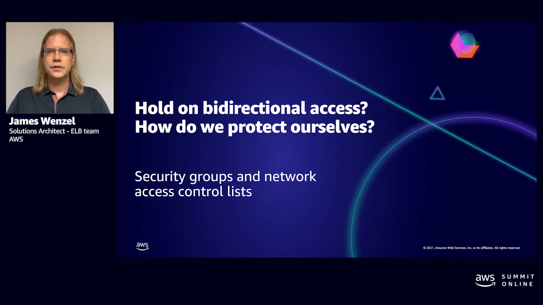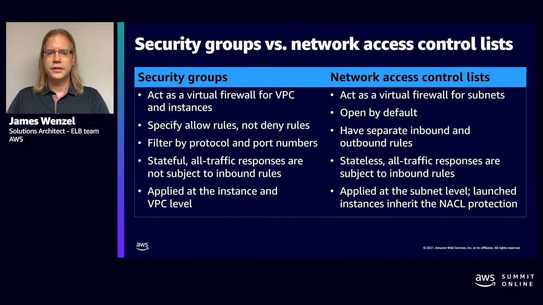There's some fundamental differences between security groups and access control lists. Security groups act as a virtual firewall. They are stateful, and they allow the responses that go out to come back into your network, and they are applied to your instances, or your ENIs, elastic network interfaces of your instances, and they're also applied at the VPC level. You cannot launch an instance without having some form of security group actually active. The security groups has a limit of around 25,000 per account. So then you can also strategize as to how you want to share them, or if you want to have them unique.